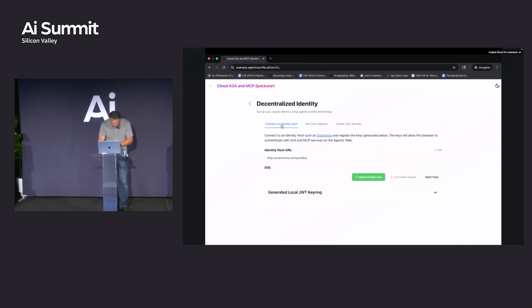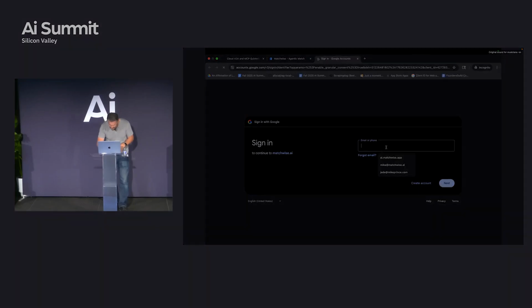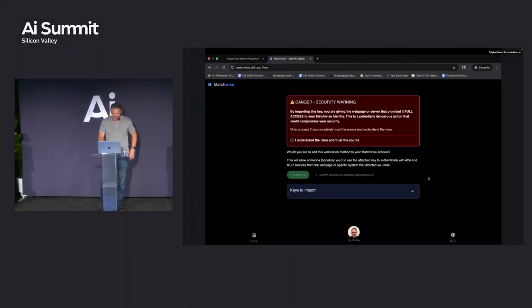And so in this case, Matchwise is an identity host, and I can go here. Remember the key down here? I'm not going to open it up, that's the same key down below. But what I can do is go to Matchwise and say, let's upload it to Matchwise right now. And if you are doing this from your computers right now, you'd land on Matchwise. It's going to say, hey, I don't know you, can you log in with something? In this case, let's log in. So boom.